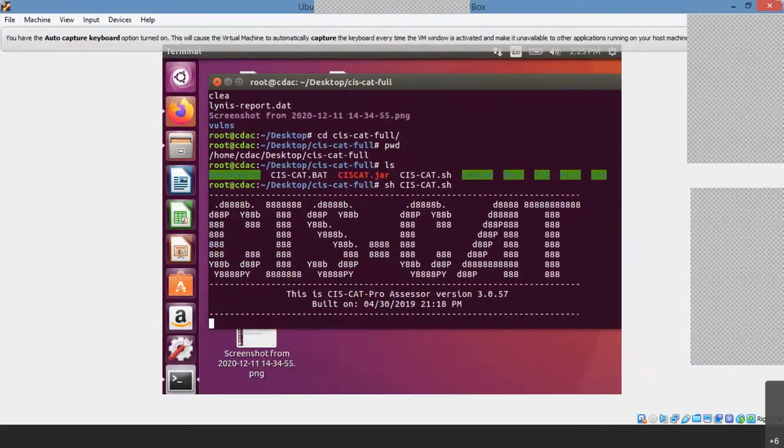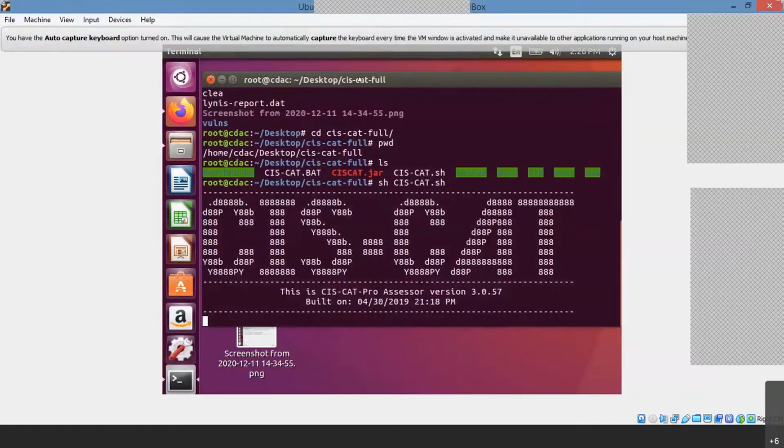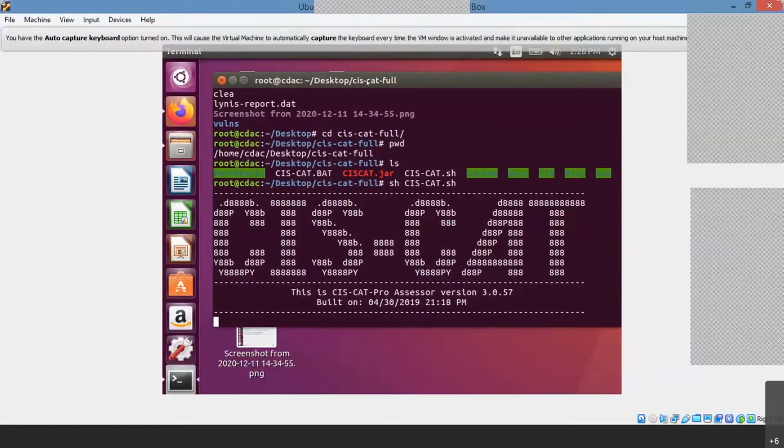It takes some time to give that GUI mode, I think 2, 3, 4 minutes.